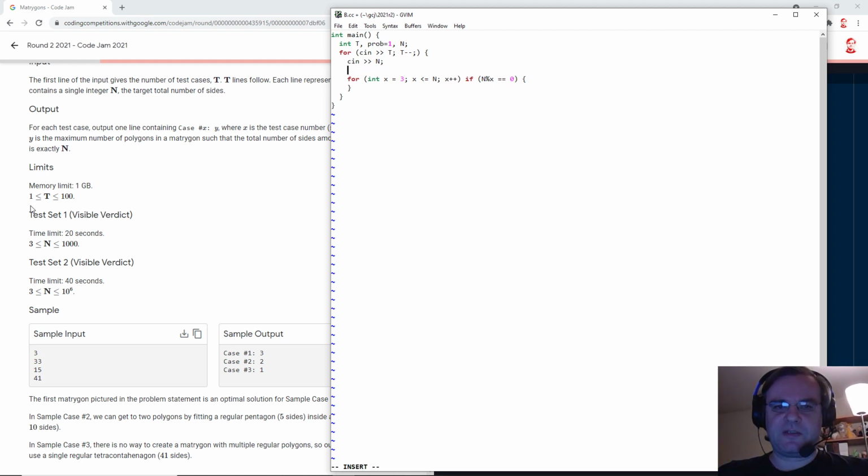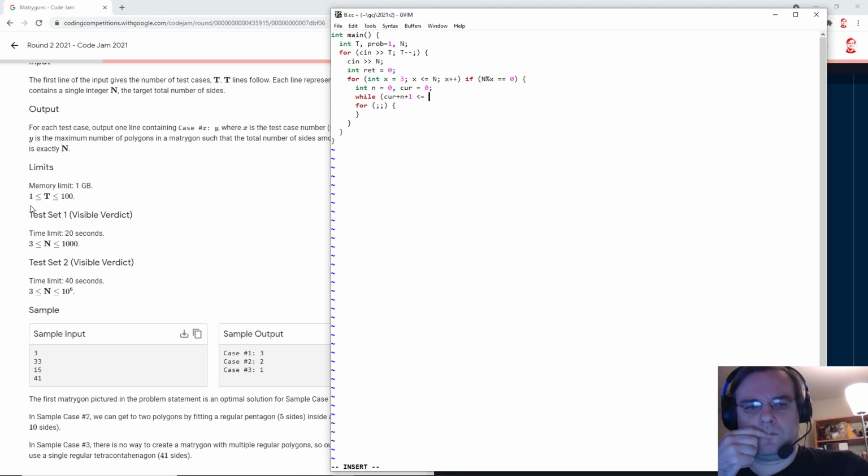So that's all possible factors. Oh, no, it's not 1 plus 2 plus 3 plus 4 because they have to divide each other. My mistake. Okay, so this is a little harder than I thought.